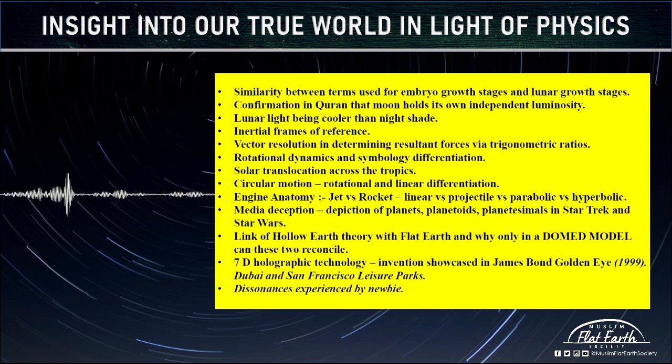Now, centripetal is real. There's a formula for it: F equals mv squared over r, or m omega squared r, where m is the mass of the object, v is the velocity of the object, and r is the radius of the circle around which the object is accelerating. Or you could also do m omega squared r, which is m times angular velocity squared times the radius. But when you're calculating the motion of rockets and jets, the jets do projectile motion, and the rockets do parabolic,